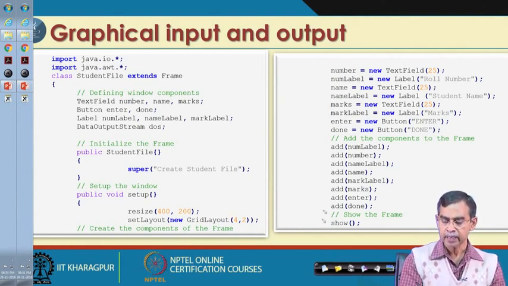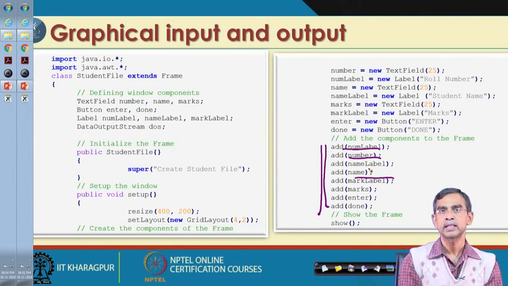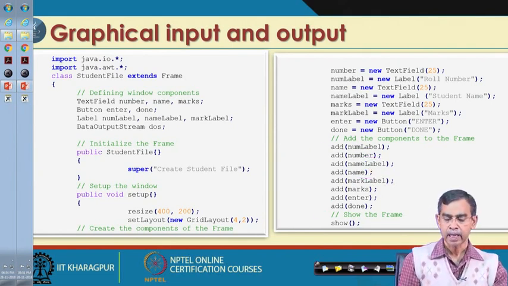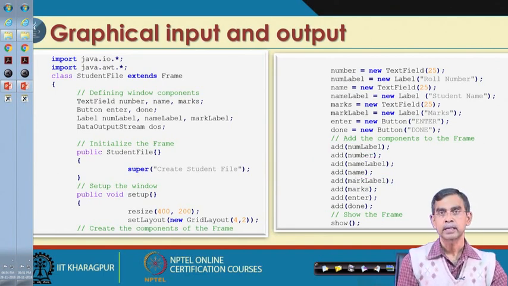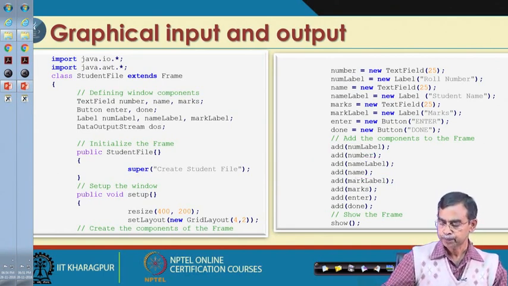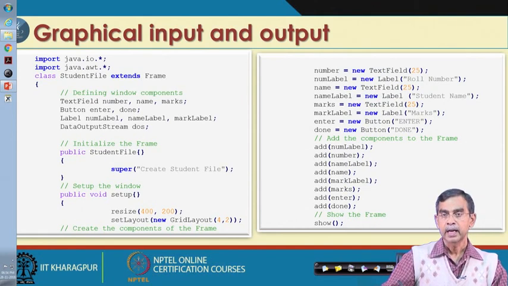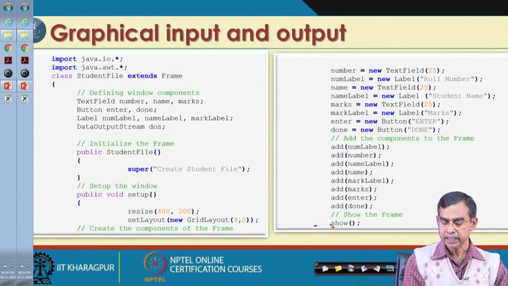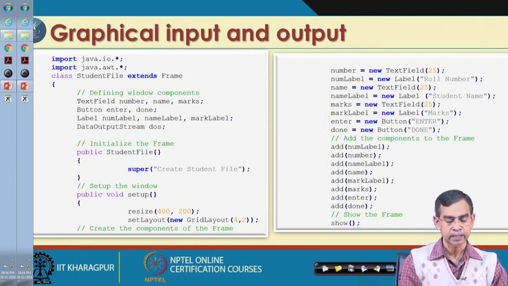Once all these items are created, these are called the different components in this applet. We have to add the components into the applet. So, these are the commands for adding all the components into that. They will automatically fit in the applet, and then finally, the applet will look the way we have already shown you. And finally, the show method: once all items are placed into the applet, it will display to the user. This is a part of the init method, which is there in the applet.